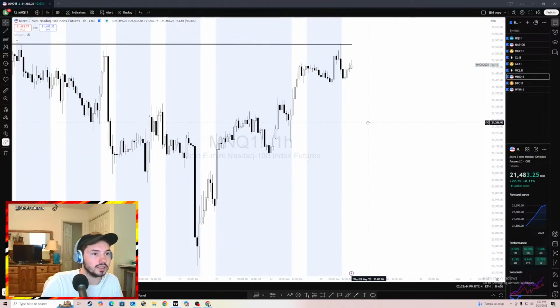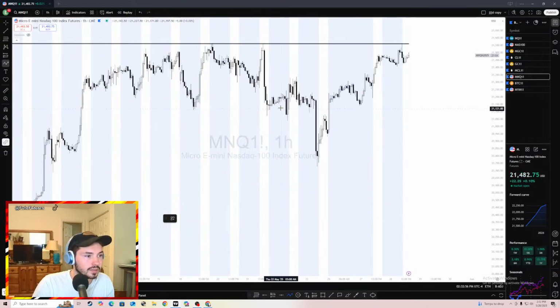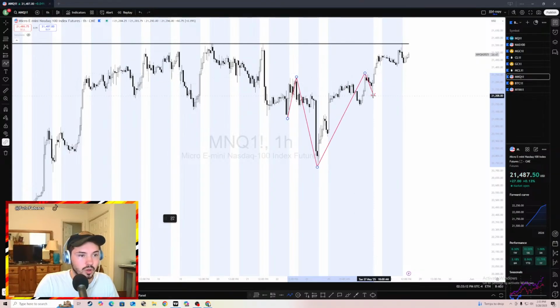If we look at that strategy, we would also want to look at the highs and lows leading up to this. Does the rejection off of here support the general movement that we're going? If we look at this, we had a low, we had a high. I'm just using a strategy I don't usually use, so sorry if this is a little weird. So we have a low and high. We actually break this high up here. Then we have a new low, a new high, and we haven't created this low yet. We have not retraced back in this area.